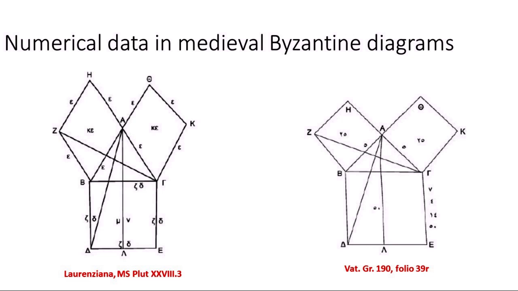Karman's hypothesis also seems to overlook the fact that in some, especially Byzantine, but also Arabic manuscripts, there are numerical values inserted which are completely consistent with an overspecified diagram, as we see in these two examples from medieval Byzantine manuscripts. Why would one insert such values if one didn't intend to see the diagram as overspecified?